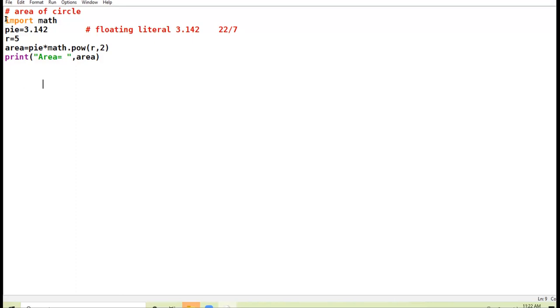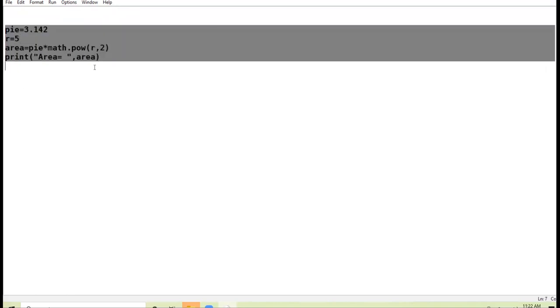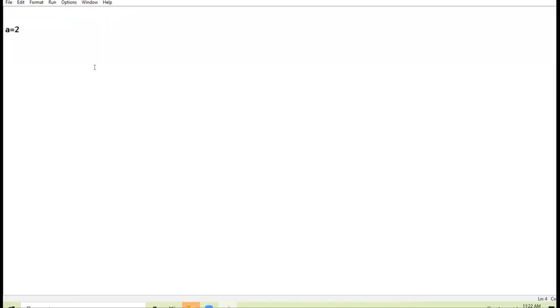So first I type the program without math module, right? I am taking a as 2, b as 3, result equal to a square, a into a, plus b square, b into b, plus 2ab. अब पाइथन में आप ऐसे नहीं लिख सकते 2ab. You have to put the multiply sign in between.